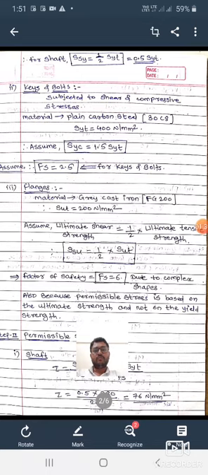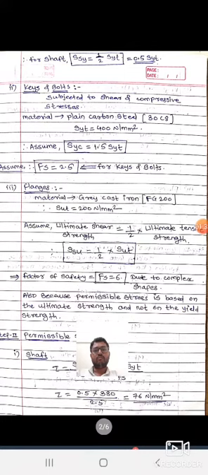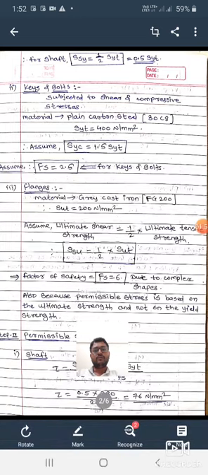Second important parameter is keys and bolts. Keys and bolts are subjected to shear and compressive stresses. For which select material plain carbon steel 30C8 having yield strength equal to 400 Newton per mm square, and assume SYC, yield strength in compression, is equal to 1.5 times the tensile yield strength. Then also assume factor of safety equal to 2.5 for keys and bolts.